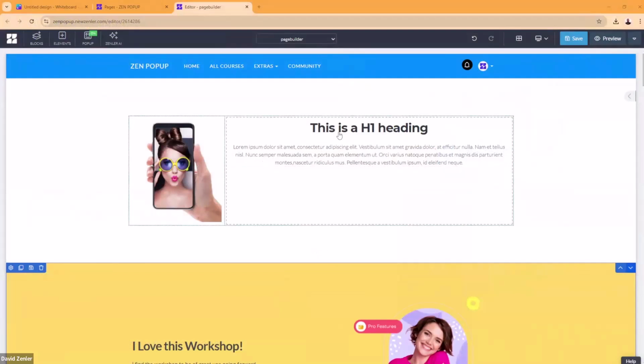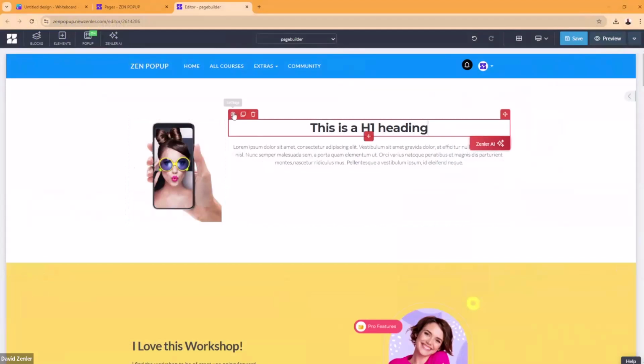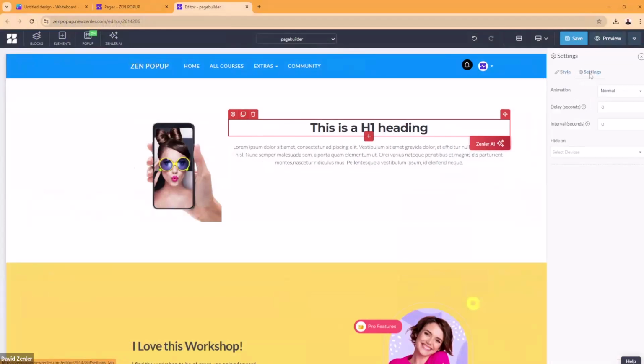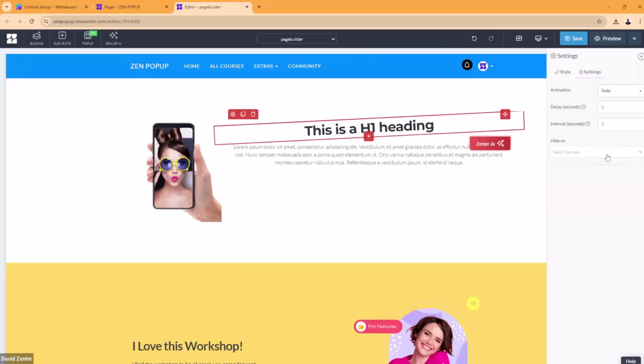Right, but animations is really good. So really easy. You can add animation to pretty much anything inside Zenler. If I add it to an element, you're going to click the little settings icon. Have you noticed, everything is through the settings? So look around here. There's always 2 tabs in here. One of them says settings. So settings, animation. Let's choose an animation. Watch what happens. Do you see that? You've got these animation effects that you can add, and they're nice. Don't overdo it, but some of them are really good, like the ta-da, like that one there.